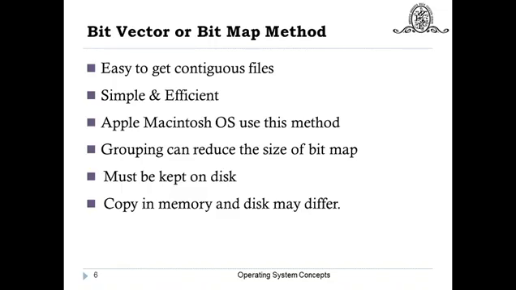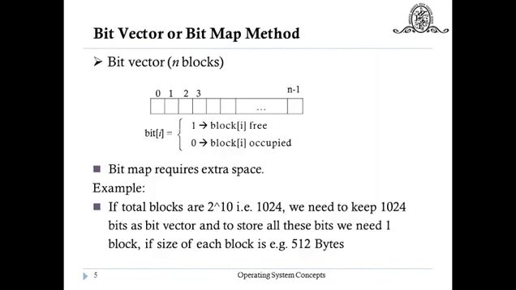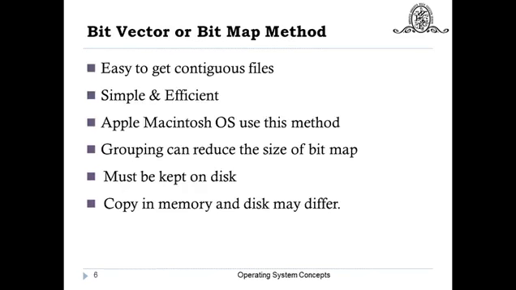Efficient means it is easy to find the free blocks. Whenever you go through the bit vector, the ones will indicate the free blocks, so the block number according to the index of that bit will be treated as a free block and that will be given to the file. Generally these bit vectors or bitmaps are used by Apple Macintosh OS, and